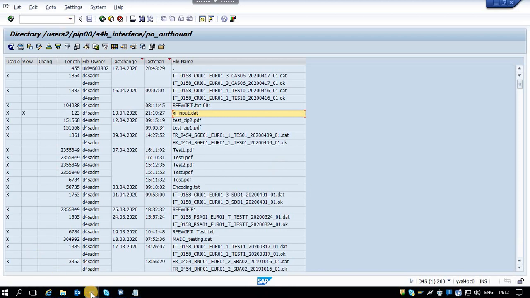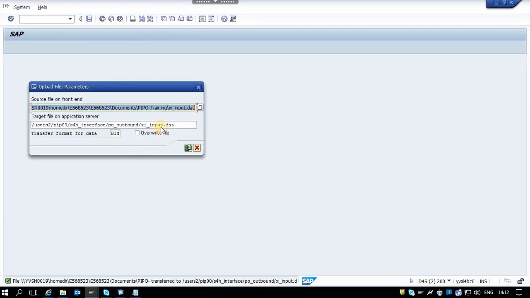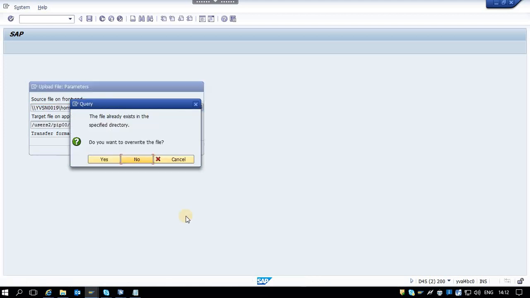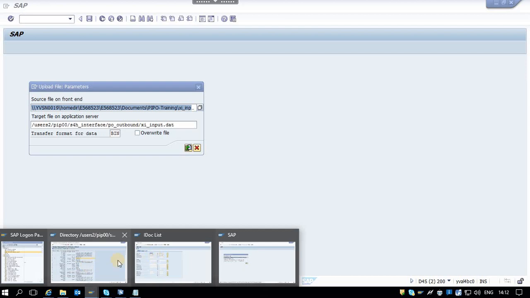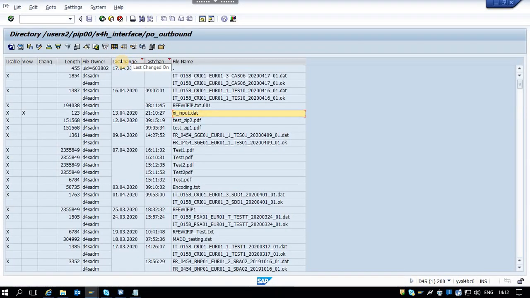SCP, I will upload the file. I'll upload the file from that location to this. I'm uploading the file, where I can see the file.